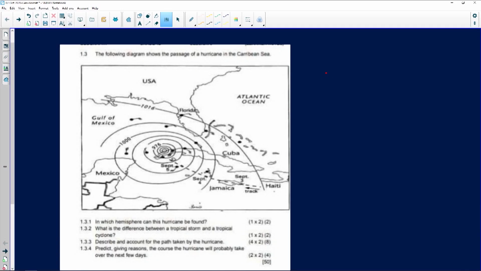So Mandla provided us with a question regarding hurricanes. And there's two tips that I want to add over here. First of all, hurricane. And the second tip, if you look at the question, Caribbean Sea. Okay, so if you look at the question, the following diagram shows the passage of a hurricane in the Caribbean Sea. Now, immediately, even before we look at the diagram itself, you need to pick up,